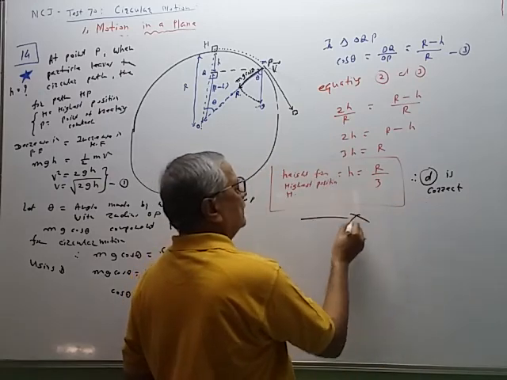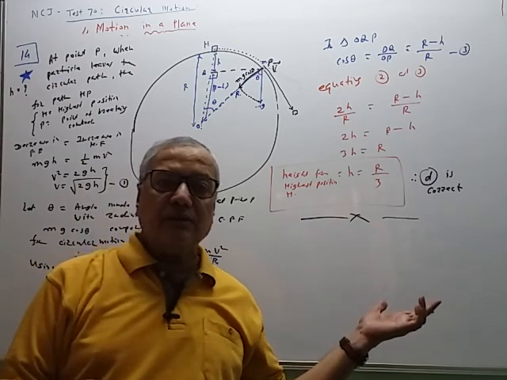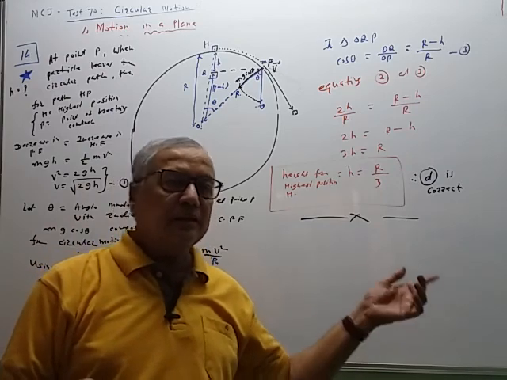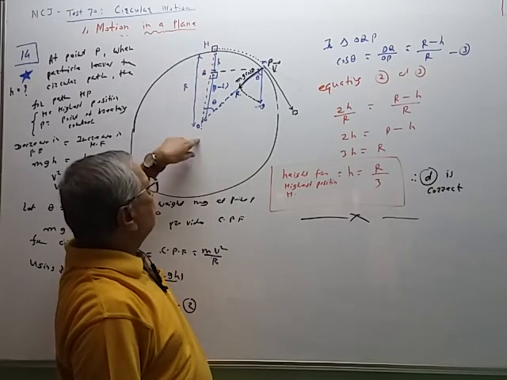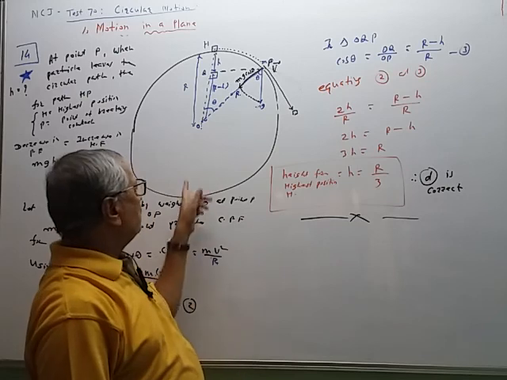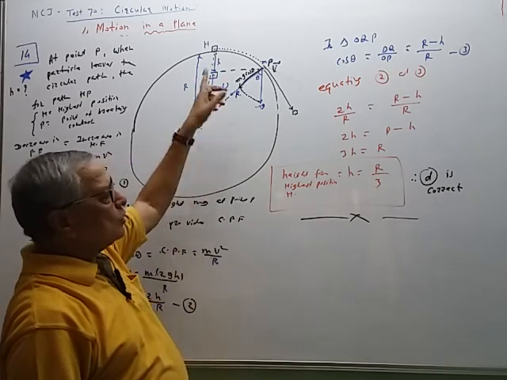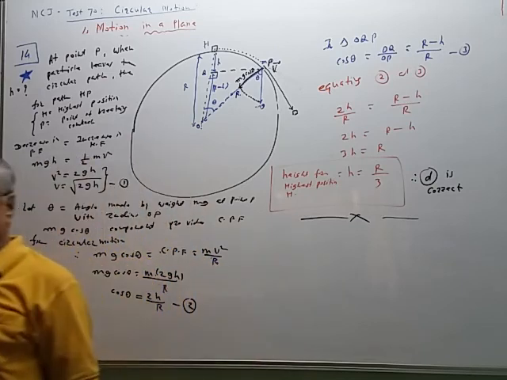D is correct. If r is known, no other data is given here, only the radius. The condition is this. So this distance h is equal to r by 3. So from the center it will be at 2r by 3, and from the bottommost position it is equal to r plus 2r by 3, 5r by 3. पोझिशन कुठली पण घेऊ शकतो आपण, रेफरन्स पोझिशन.